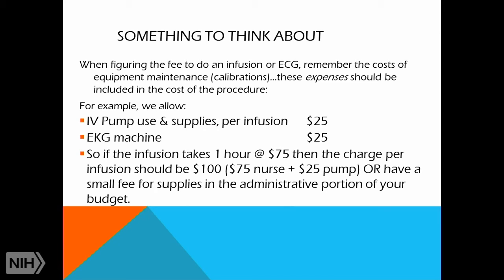A lot of times a sponsor will choose you as a site because you have access to EKG machines, centrifuges, X-ray, MRI. It could just be something as easy as a blood pressure cuff. But if you have to have those things calibrated annually, and that's a cost for your site, or if they involve supplies like an EKG machine, it involves paper and ink and calibration, you have to figure that into the cost per time point.